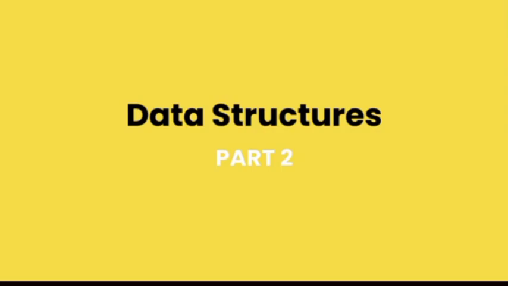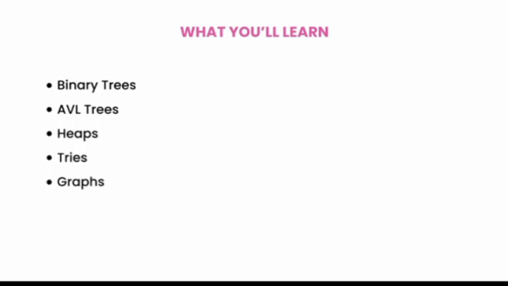such as arrays, linked lists, stacks, queues, and hash tables. In this part, we're going to talk about the nonlinear data structures. So you're going to learn all about binary trees, AVL trees, heaps, tries, and graphs. This series is packed with tons of interview questions and step-by-step solutions. It's a must for anyone who's preparing for a coding interview or anyone who wants to become a better programmer